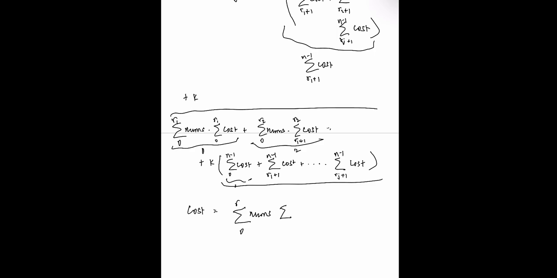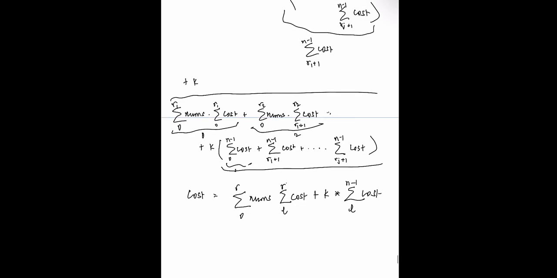Then L to R, wherever you started it and wherever you ended it, all the summation in that range, plus K into from L to n minus 1 of cost. So now if you look at this, I don't have any dependency on order,